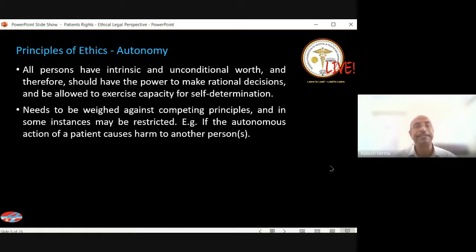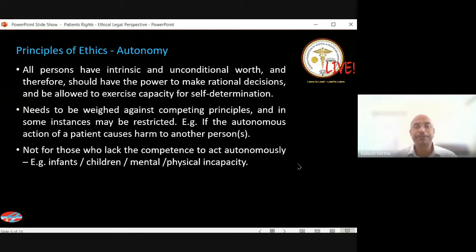But then please remember that the principle of autonomy works, and therefore once it is applied and the patient has the capacity to understand, then he will take a final decision, and that is where informed consent becomes very, very important. Since this discussion is on patient rights and not on the ethical principles as such, what we are saying is in a very abridged version, to ease our understanding about the basis from where the patient's rights come about.